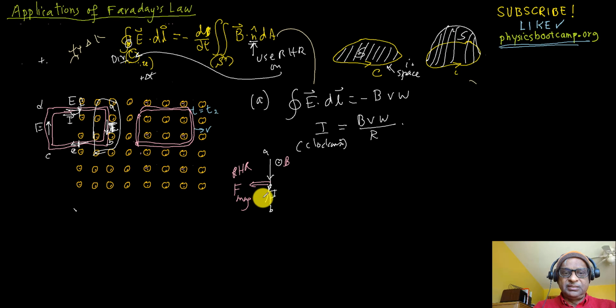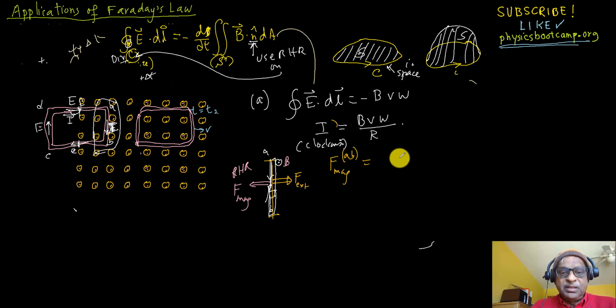So this is all the force there is, this electromagnetic force in the wire, and I need an external force to balance it. So this will be the external force to balance it. So the magnetic force will be this current times the length of the wire. So F magnetic force on A to B is going to be to the left, and its magnitude is equal to